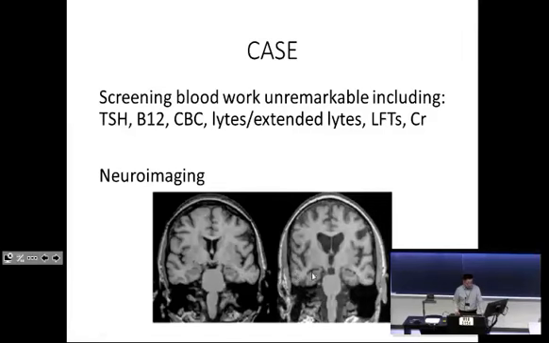So because you have this ex vacuo dilatation of the lateral horns, you can tell that this individual, our architect, has a little bit of hippocampal atrophy. More obviously, you can tell that her third ventricles are quite enlarged as compared to the normal individual.